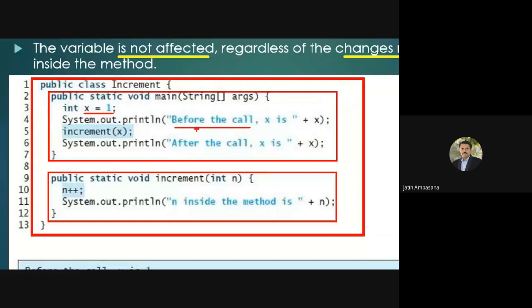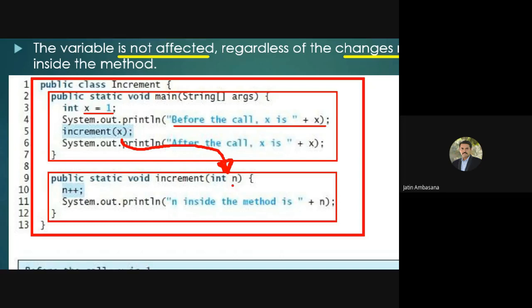So we put this as an output. Then we call this increment method. The control from here goes over here, and this x value, which was 1, was transferred to this variable n.